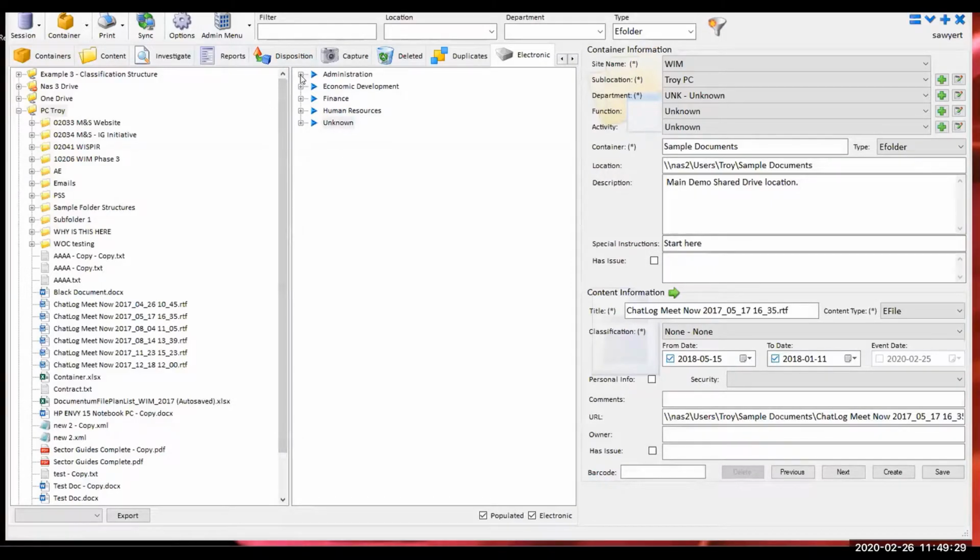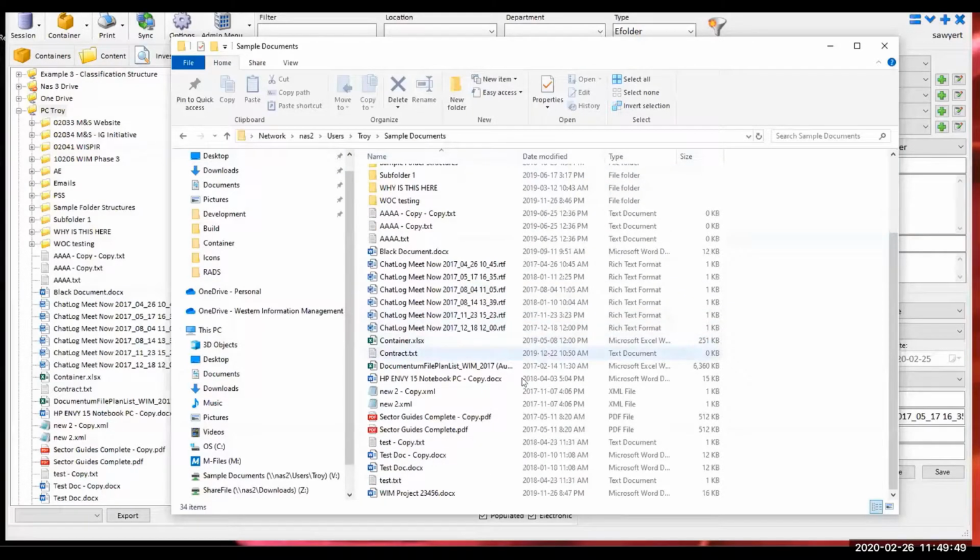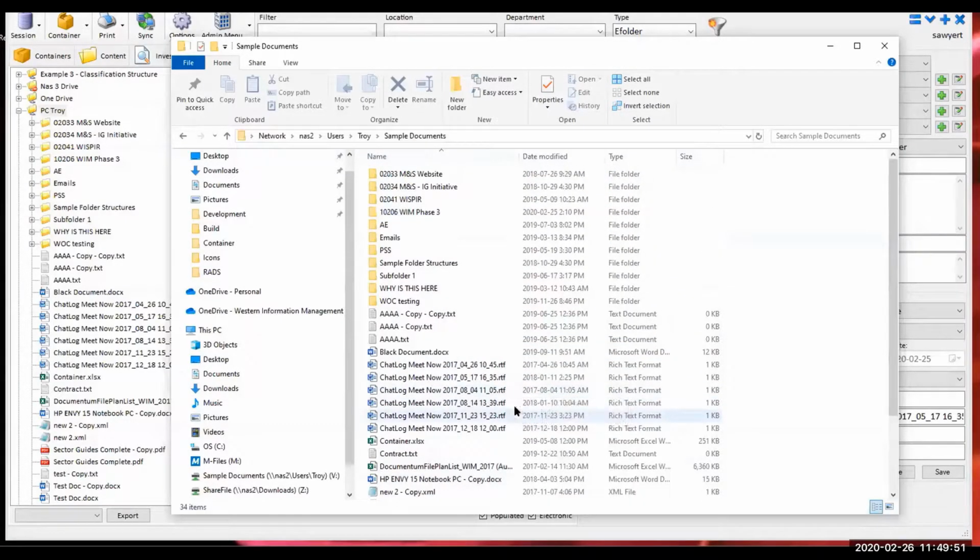So what we'll do here is we'll come back to our electronic tab. We'll start right from the beginning here, with what we're expecting to see on a shared drive. On our shared drive, we have messes all over the place. And what I like to do is start with this one. We're looking at a part of our NAS here in our office that has some sample documents that I like to use. And essentially in here, this is a typical view of what we see,